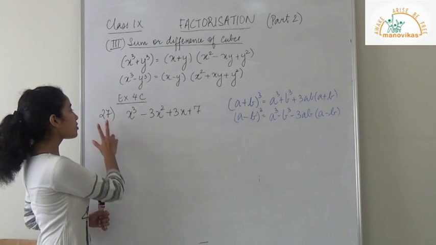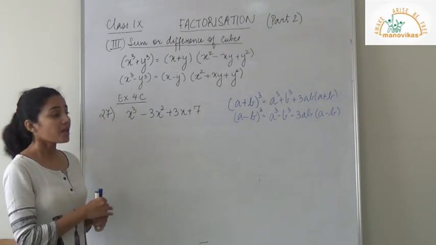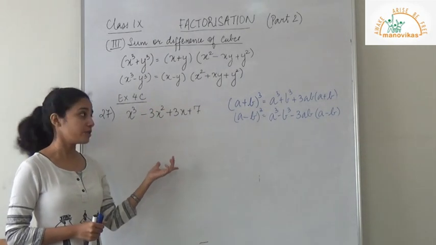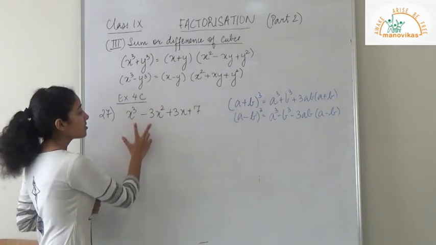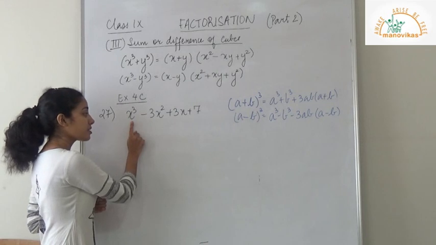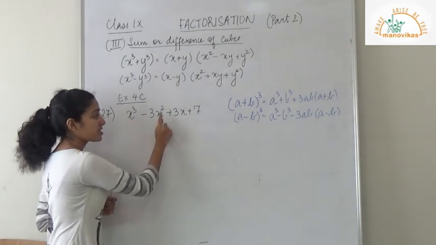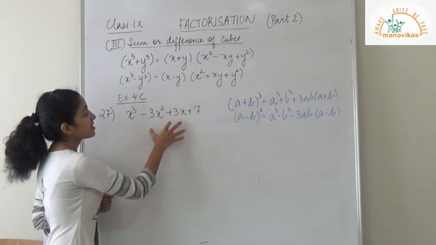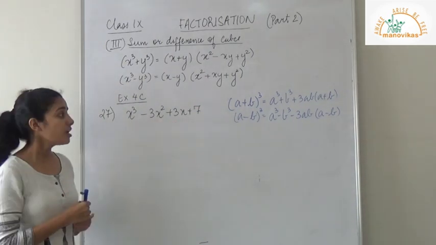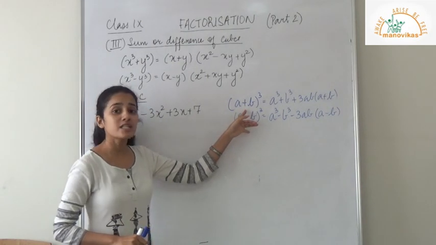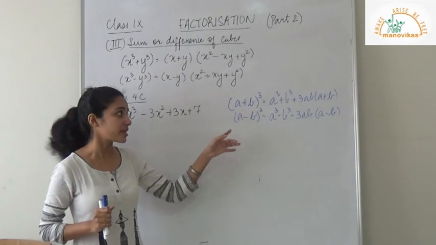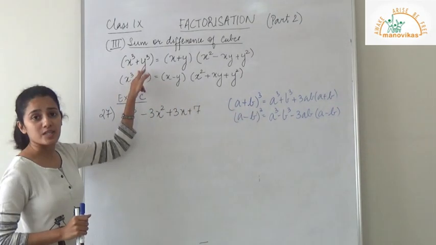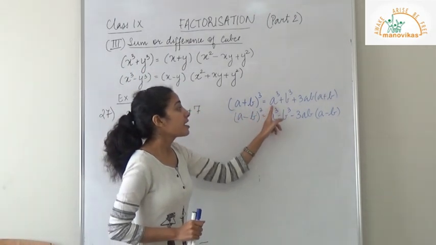Let's consider another problem, problem number 27. Now note that this problem is different from all the problems that we have solved in this video. Why is that? Because in this expression you have the x cube term present, the x square term present, x and the constant term as well. To reduce this and get the factors of this expression, we will be using these identities which you have learned in the previous topic. That is a plus b the whole cube, which is different from this one. Please note, it is a square.